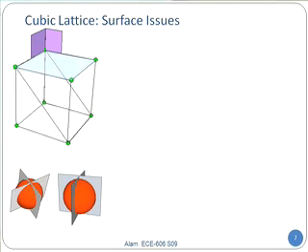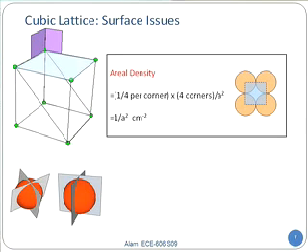Not 8 as before. And in that case, the density will be 1/4 atoms per corner, right? It's being shared, from the top, by 4 neighbors, and 4 corners, of course. And the area is a squared, because it is a square looking from the top, and the answer would be density of 1 divided by a squared